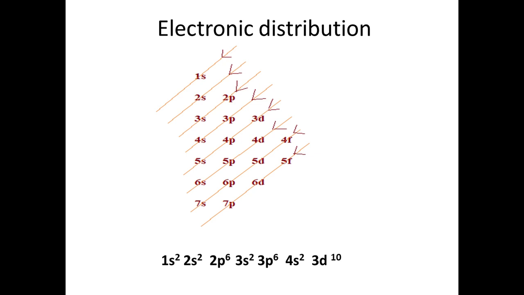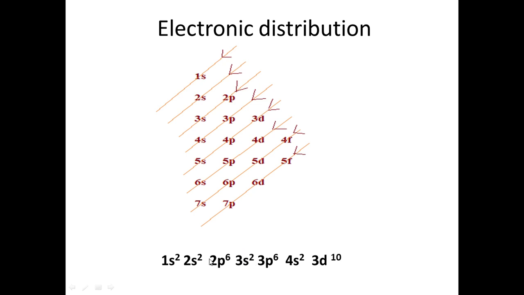Suppose we have to write the electronic configuration for sodium. Then we must know the atomic number of sodium. The atomic number of sodium is 11. There are two electrons in 1s2, then 2s2. There are 4 electrons filled, and 2p6, up to here 10 electrons are already filled. So we require one more electron to be filled in 3s. So the correct configuration of sodium is 1s2, 2s2, 2p6 and 3s1. That is the correct configuration for sodium.